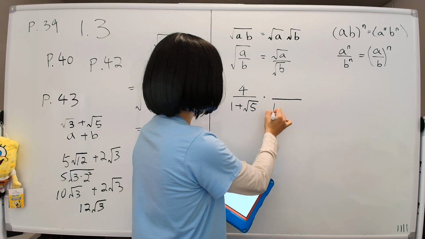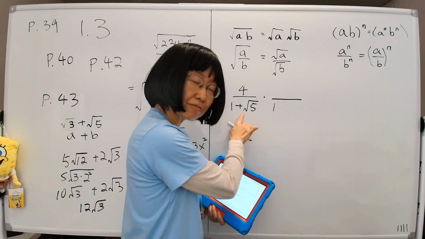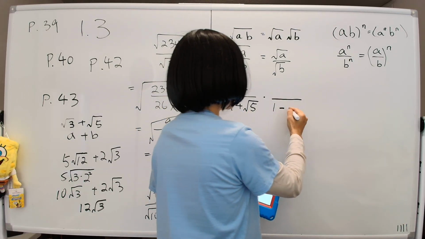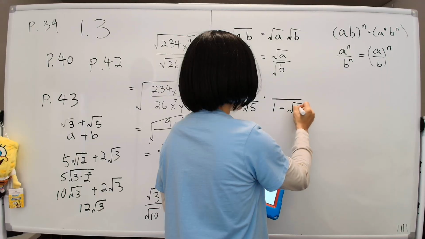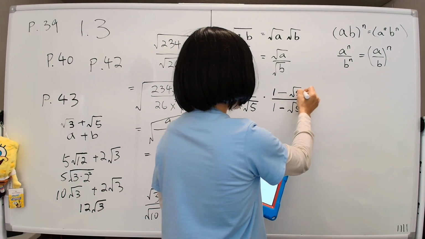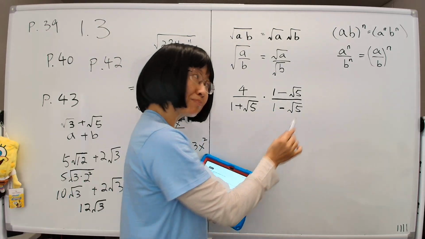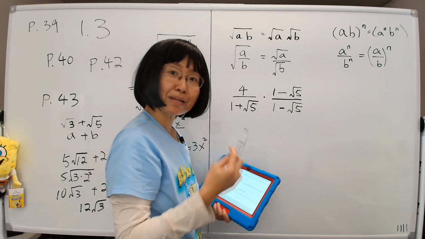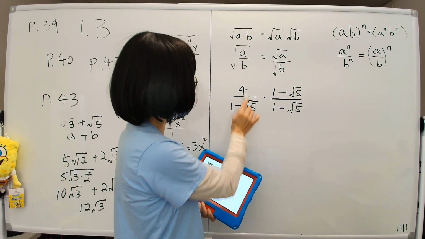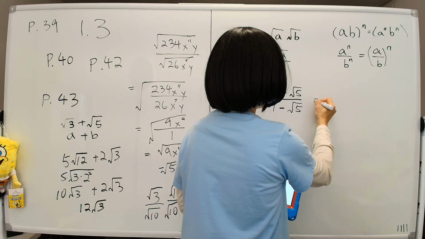You're going to change the sign in front of the radical to the other one: if it's plus, you change it to minus; if it's minus, you change it to plus. And then you write the same thing on top. Because they are the same, this is just multiplying by 1, and when you multiply by 1, nothing is different. So this number is still the same thing. Now, at this point, what we're going to do